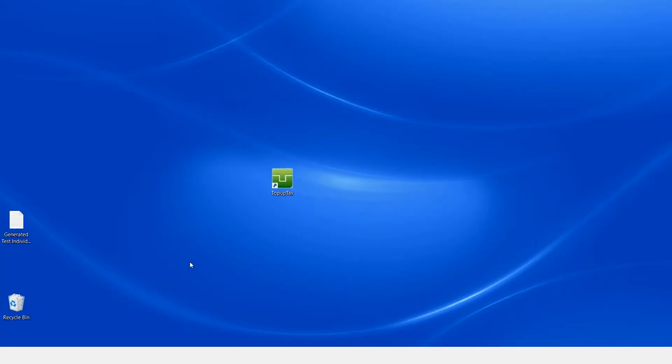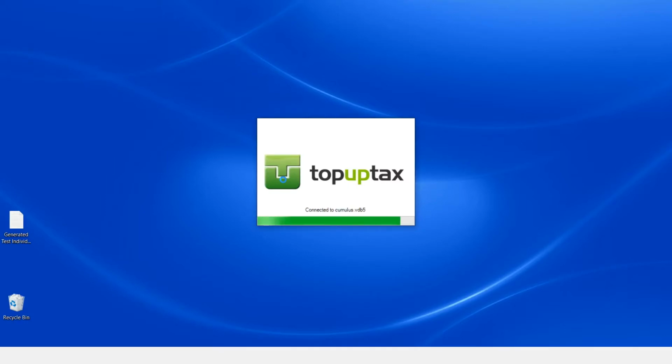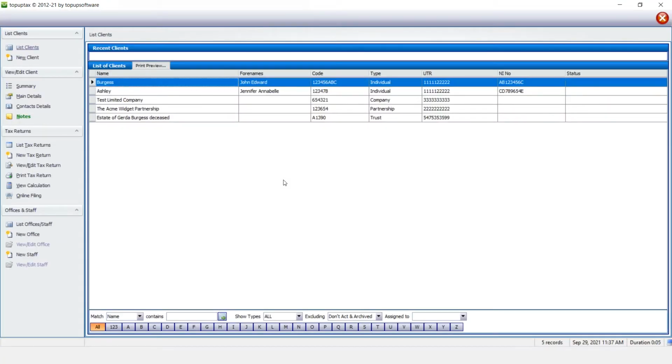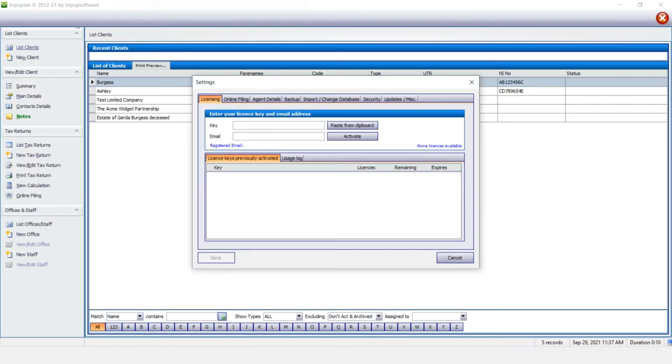This is a video showing how the TopUp tax software works. To open the software, double-click on the TopUp tax icon. This then opens the following window. If I click on the settings icon in the top left-hand corner of the screen, it then brings up the